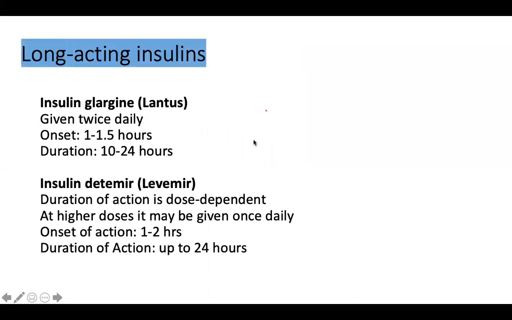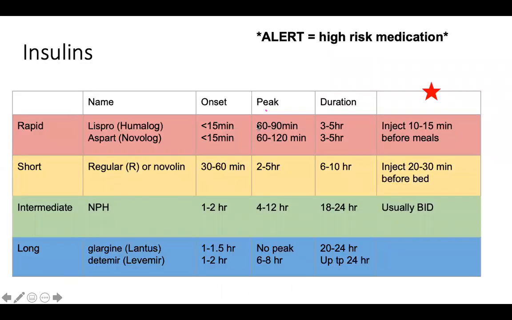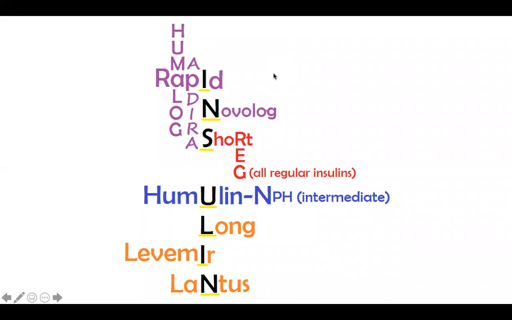And now we have our long acting, insulin glargine and insulin detemir. They're going to last anywhere from 10 to 24 hours. This may be something that you can give once a day. So here's a chart. Rapid, you typically give with meals. Intermediate, you typically give twice a day. So high-risk medication for all. I like to learn these by the generic